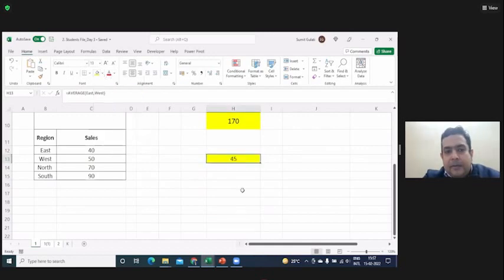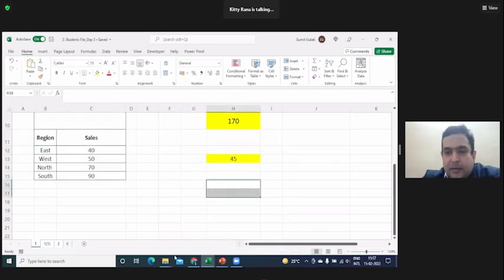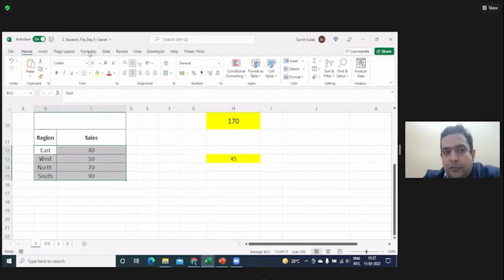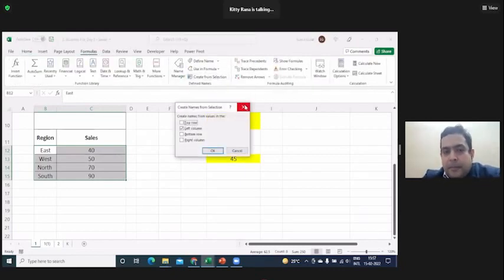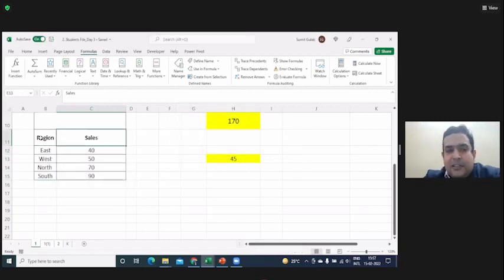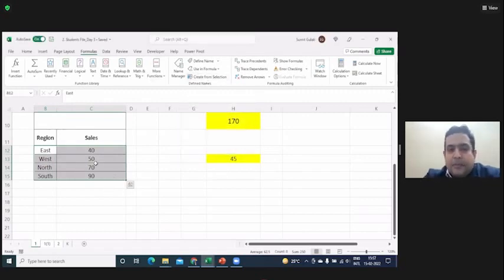Working? Sir, can you do the renaming of all together again? What I said, you have to select these two together. Go to the formula tab at the top. Come down to create from selection. You don't want to name the cell Region. You only want this to be named as East, this as West. So select this, go to create from selection, from left column, press OK. It will take up its name from the left side.